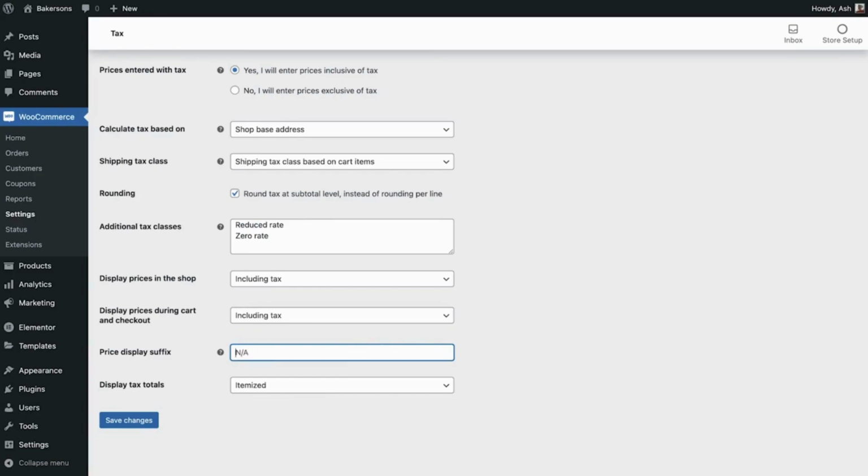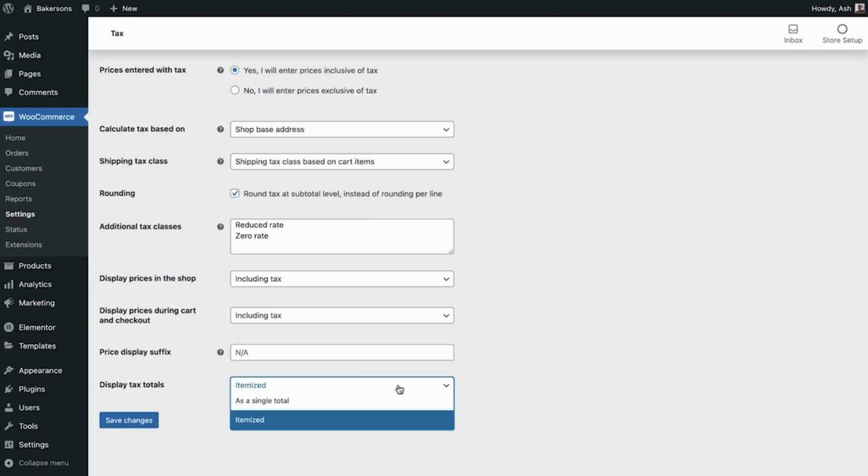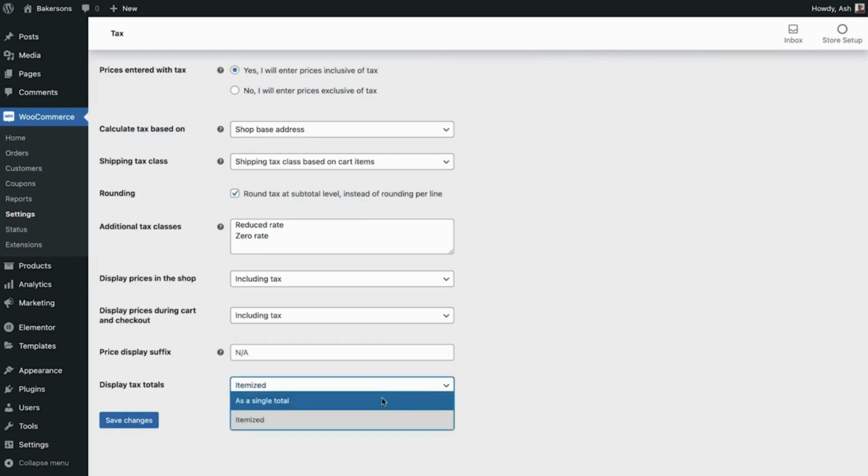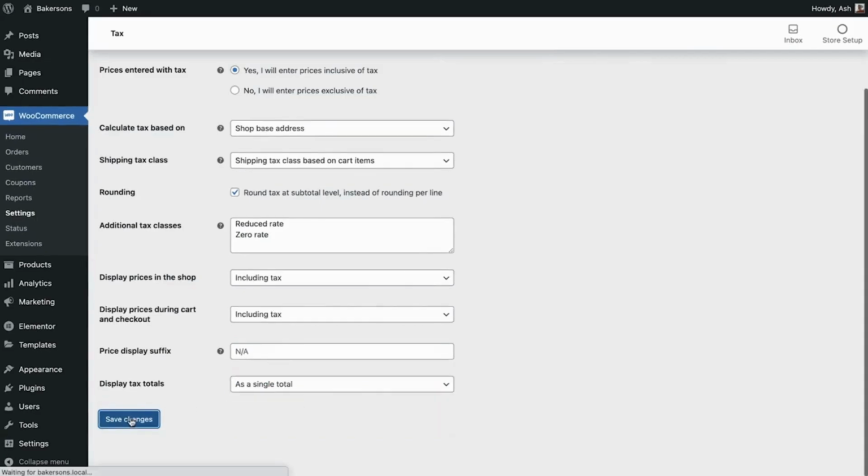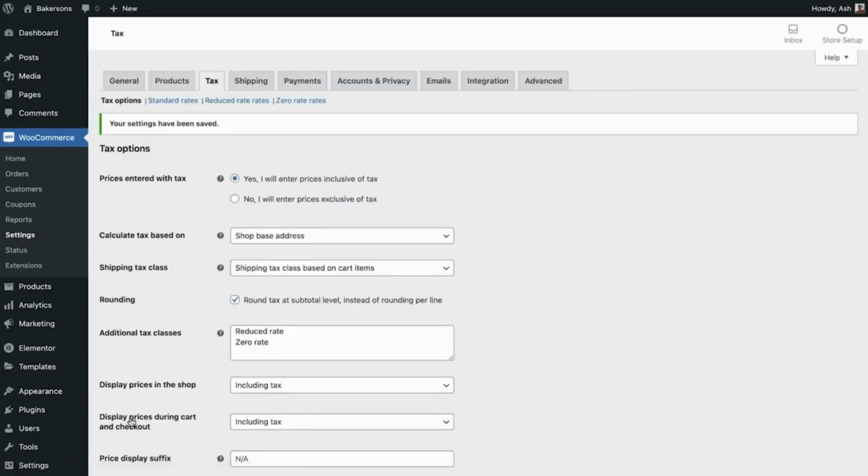And the final option we see here is to set the display of our tax totals. This determines if multiple taxes get displayed as one total during checkout or as an itemized list of taxes. We'll set this to "as a single total". Now that we have configured the general settings for our tax, we are ready to move on to setting the